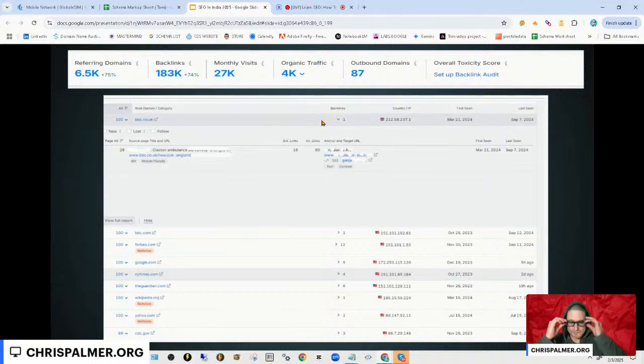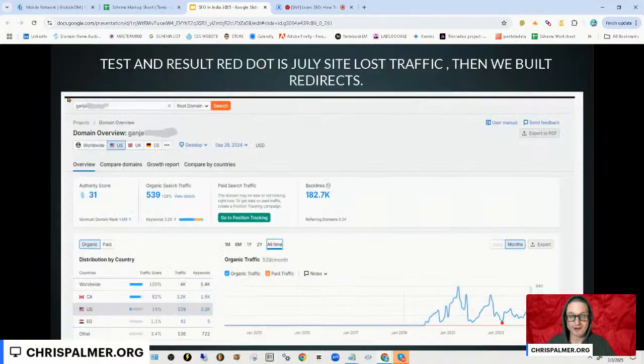And yes, it was in a relatively gray market. With that being said, what we did is we went out and we acquired domains that contained nothing but some of the very best backlink profiles. What I mean by the very best: sites like the New York Times, The Guardian, Wikipedia, Yahoo, Forbes, the creme de la creme. But these creme de la cremes were built through 301 redirects by sites that we controlled. With that being said, we spiked the overall amount of links significantly, 74%. Also spiked the referring domains 74%, 75%.